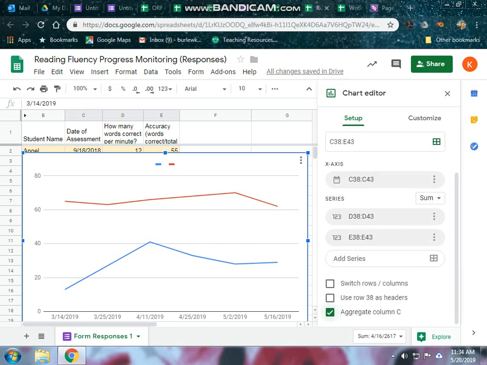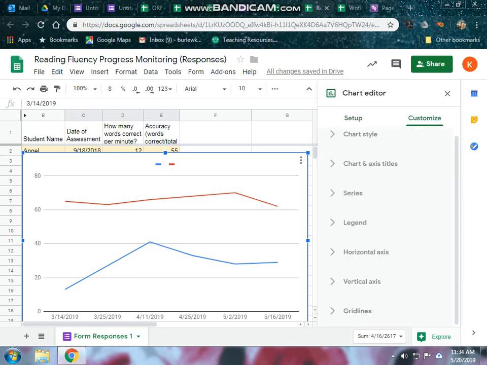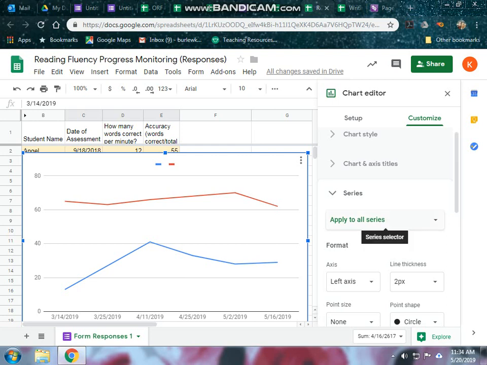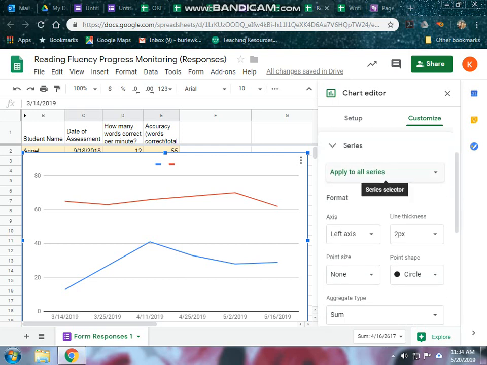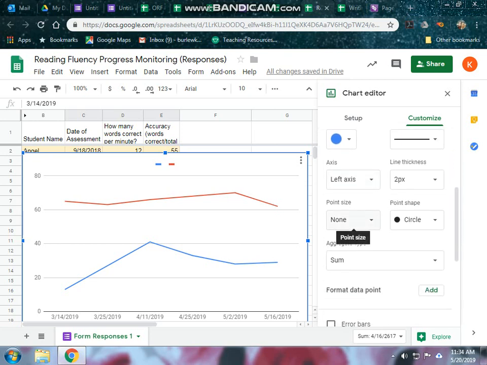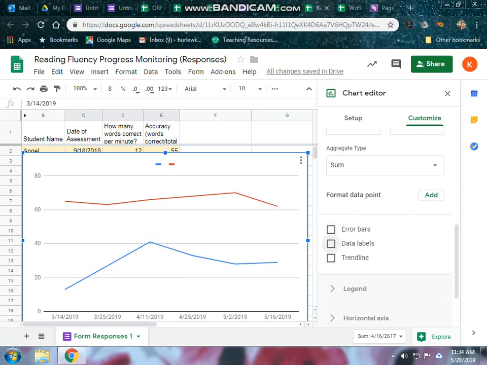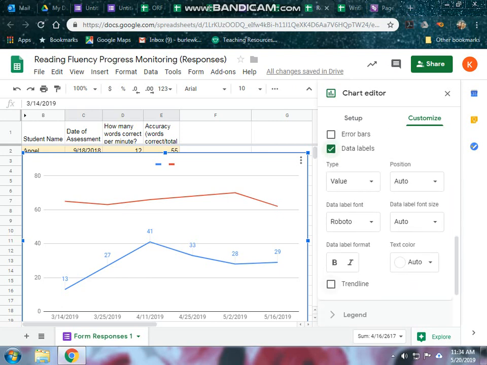To make it a little bit more clear, I come over to where it says customize and click on that. You're going to go down to series, and where it says apply to all series, you're going to click this drop down and do line by line. So I'm going to go to line 1, and I know that this is my words per minute. I'm going to click on data labels, and that's going to put the numbers in for me, so how many words per minute the student was reading. Then I'm going to keep scrolling down. I like to click trend line because you can see that even though the scores